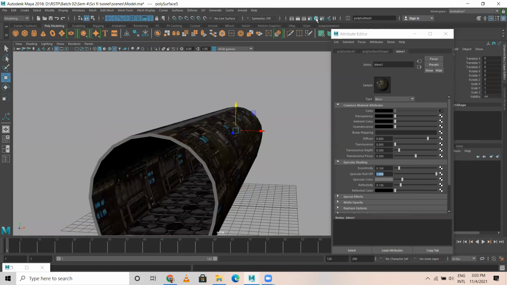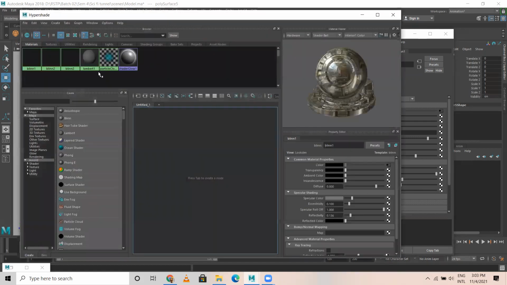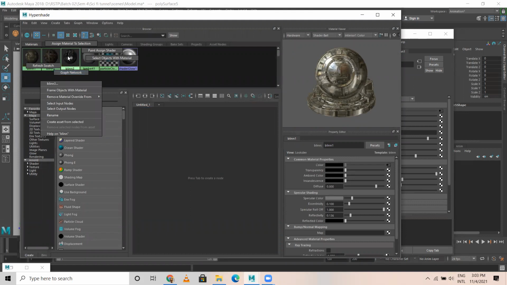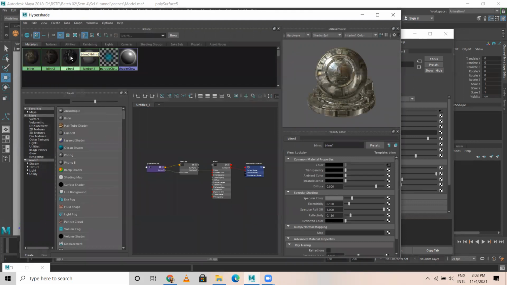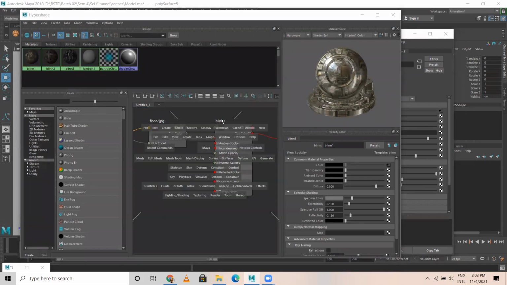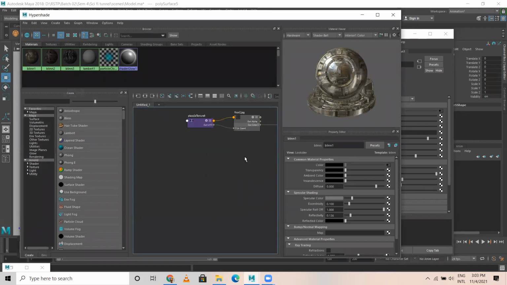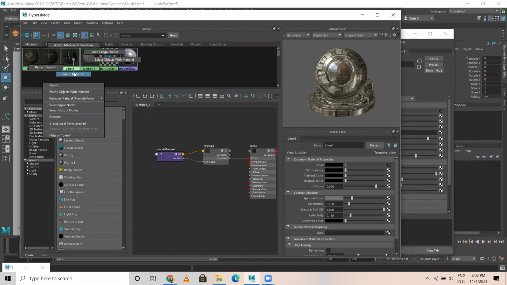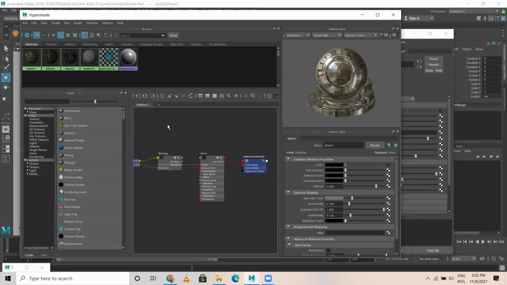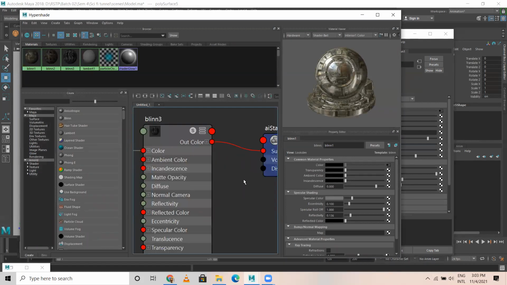So now I'll just open this Hypershade. I would like to give a bit of bump over here. Right click, go to graph network, you get the graph of this. Don't get confused. This is a material which we have already applied. It will show you the graph, which object this particular texture is applied to, what is the material, everything.